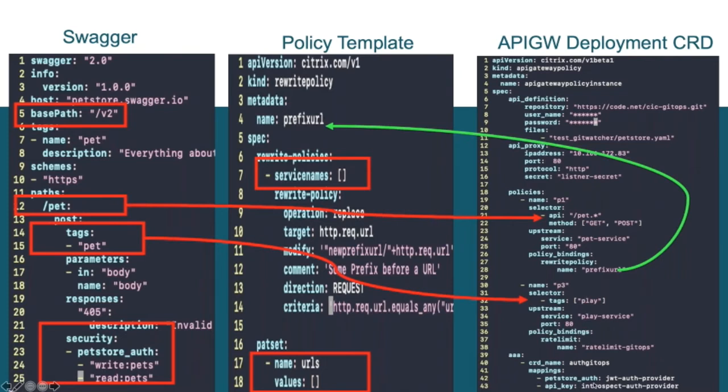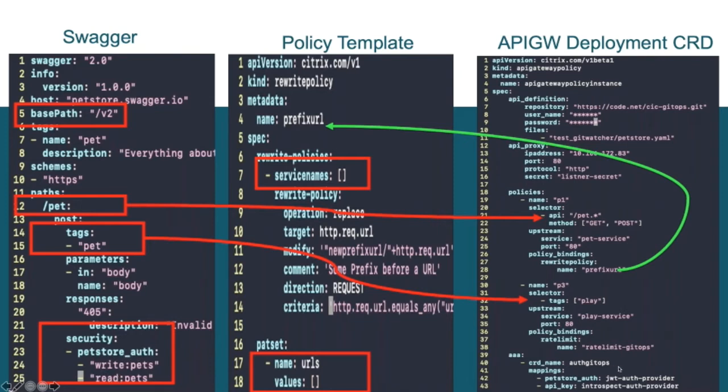All we need to tell this one is which CRD is our auth template. We just give the CRD name, and then developers or the API designer is free to choose any name they want for their API spec, their security definition. They just say, I'm writing a pet store related thing. I want to call it as a pet store auth, and this is my authorization. And somebody who's writing a Play Store, they may call it as a Play Store auth, and then they will give their own name and their own authorization here.